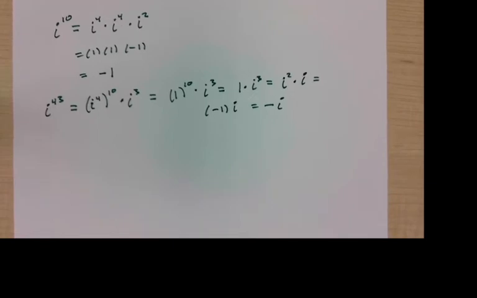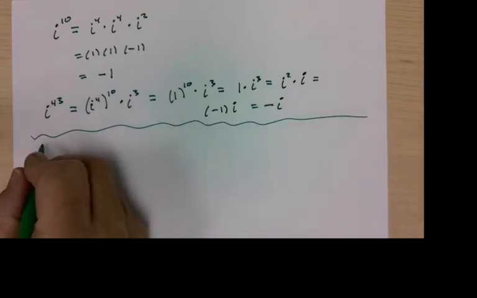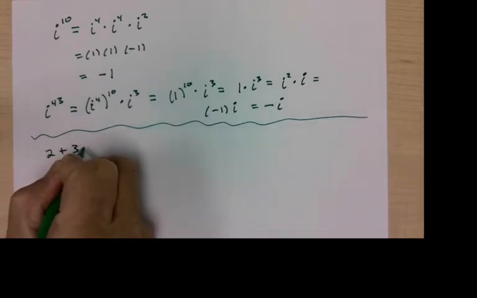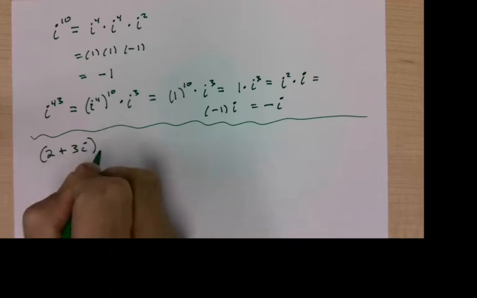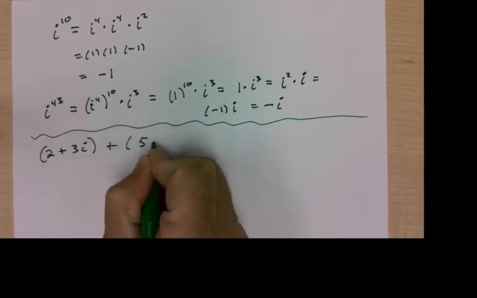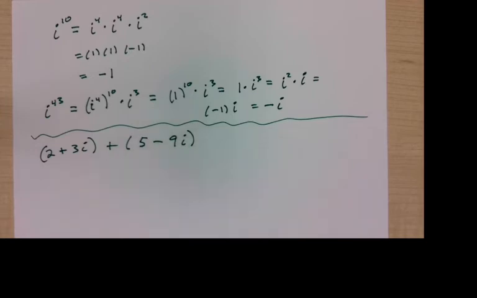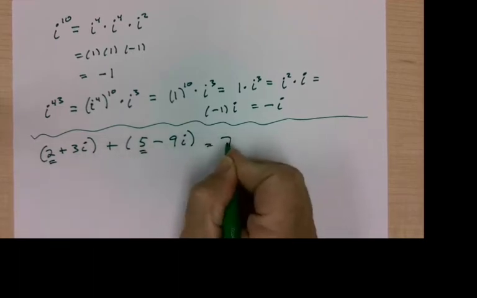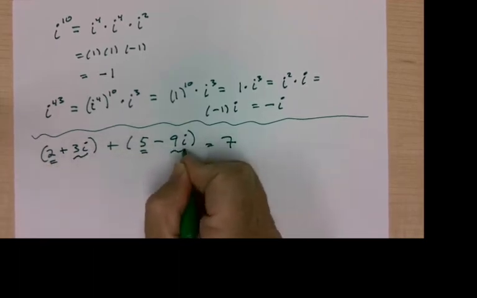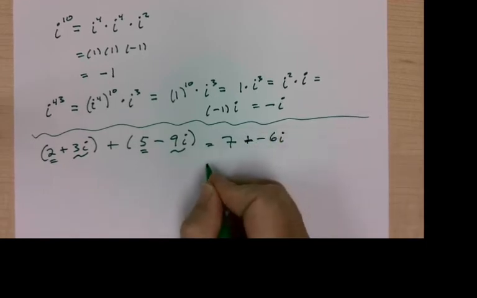But now we can also add and subtract complex numbers. Now, i is imaginary. If I put an i together with a real number like 2 plus 3i, we call this a complex number, although 3i is also part of the set of complex numbers. And if I want to add 2 plus 3i plus 5 minus 9i, the process is exactly the same as it was with adding like terms. We add the real parts: 2 plus 5 is 7, and then 3i plus -9i is -6i. So we get 7 plus -6i,